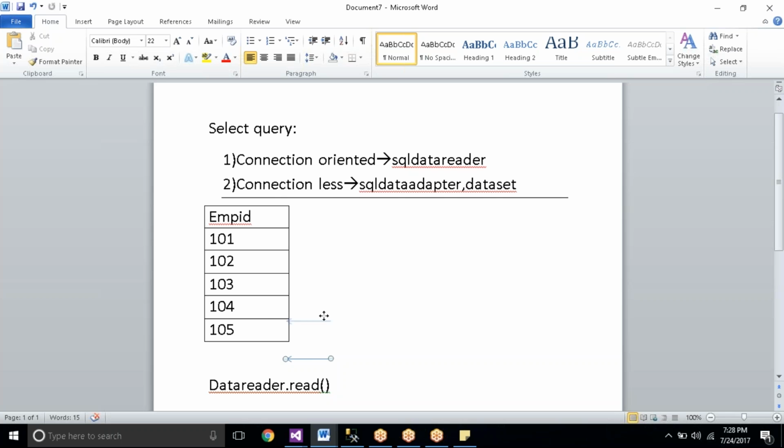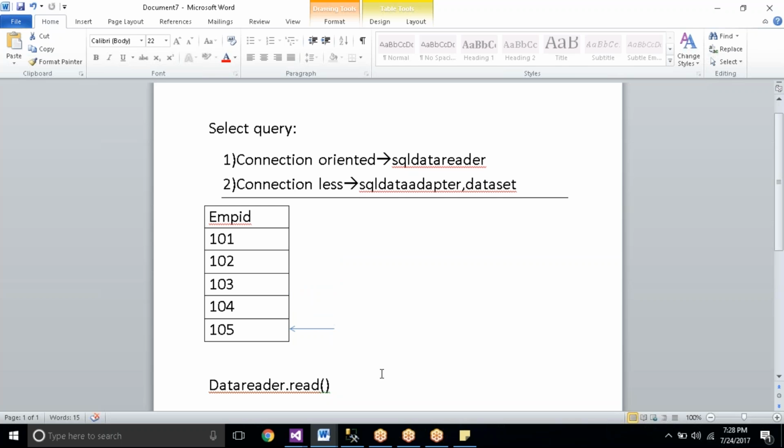First time, whenever you execute with the data reader, it will move here. Now, when my data reader is here, if you want to read this, how many values are available in this row? One value. And the index for one value is 0. So data reader of 0 will return this value. Again, moving here, how many values are there? One value, index 0. So again data reader of 0, again data reader of 0, again data reader of 0, right?